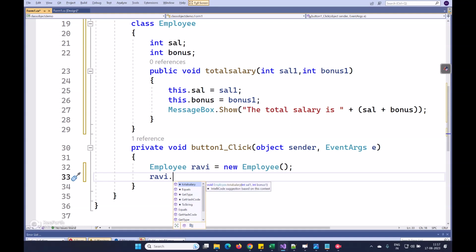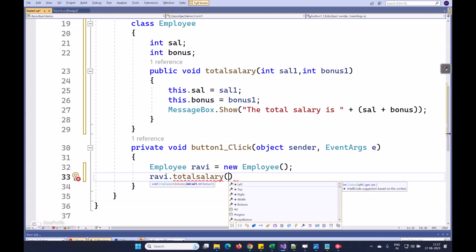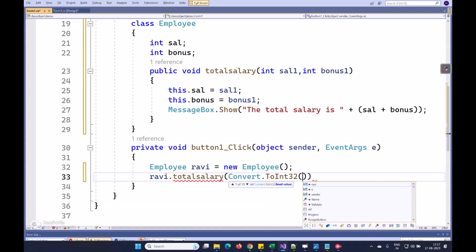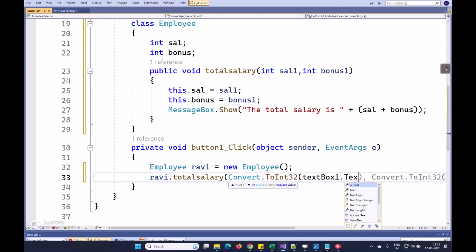That object will have a method. What method? Total salary. It is taking two parameters. One is salary 1, and you will take those from the text box 1. So you have to write like this: Convert.ToInt32(textBox1.Text).